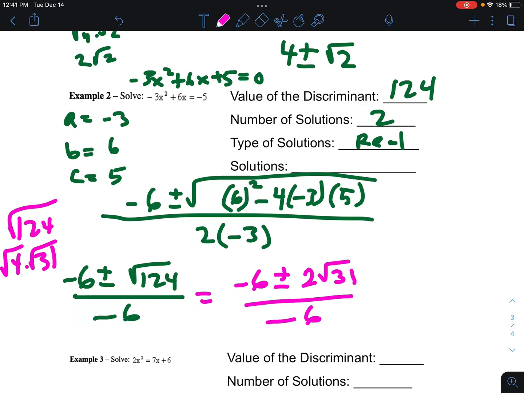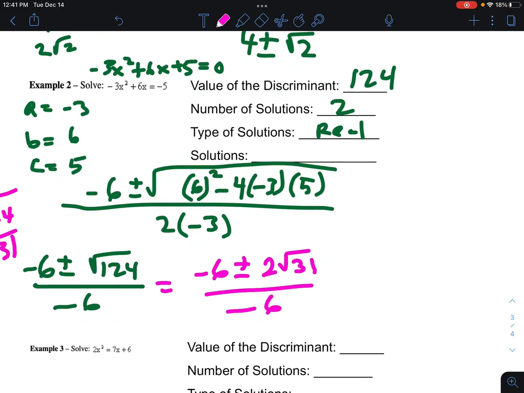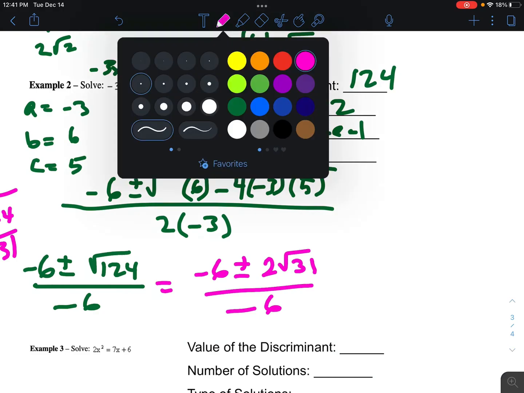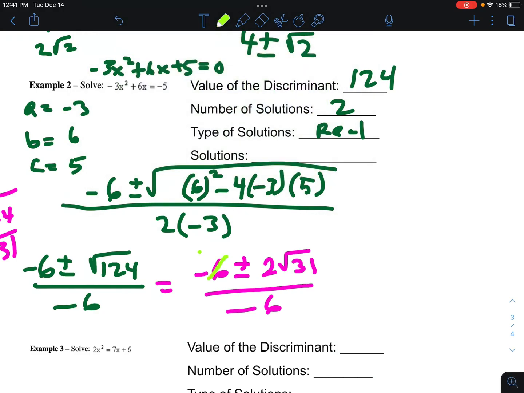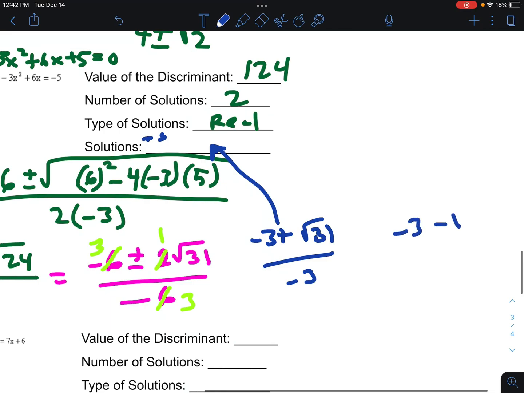And then divide 2 or -2, depending on how you want to look at it. It's not going to do any difference. Divide 2 out of everything, because they're all divisible by 2. So divide by 2, that's 3. Divide by 2, that's 1. Divide by 2, that's 3. So our solutions would be -3 plus the square root of 31 over -3. And then we write that there. And the other solution would be -3 minus the square root of 31, all divided by -3. So break them apart into 2 answers. Okay, those are the